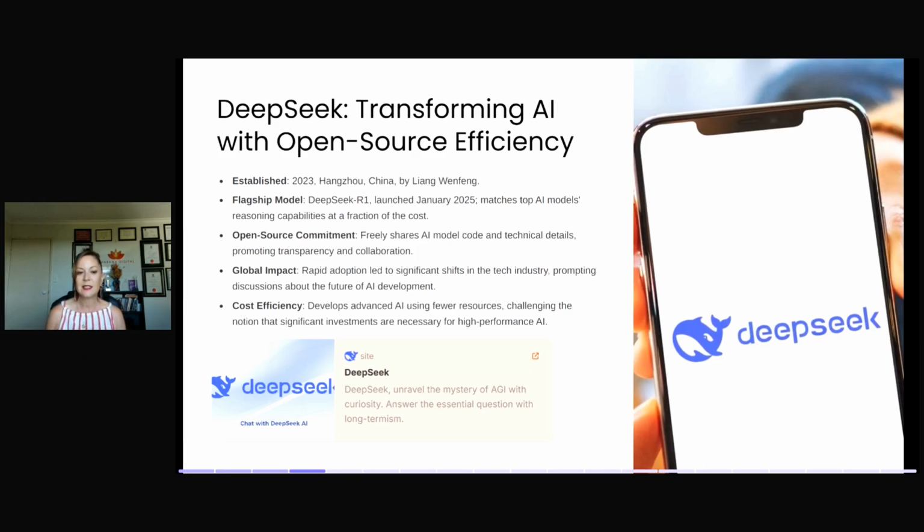And it is, as I said, open source, so it freely shares its code. They created it so that it uses less power and can do so much more, and they did it for a much lower cost than the big players in the US. It's completely blown everything out of the water, and there'll be lots of news items about this to come. And people are adopting it at a great rate.